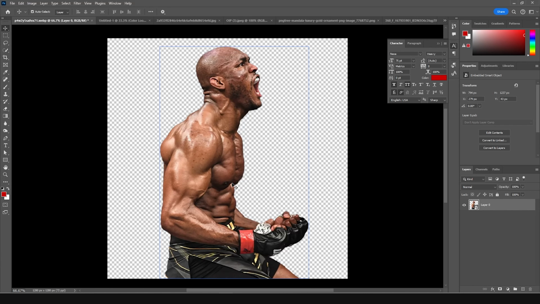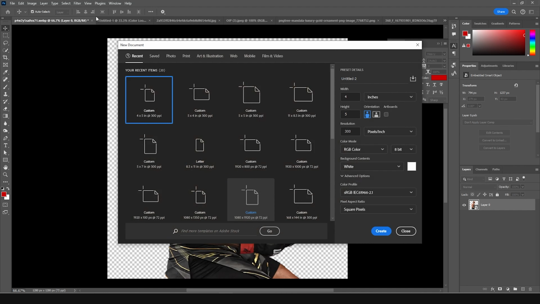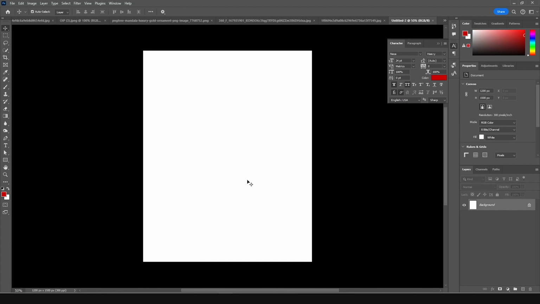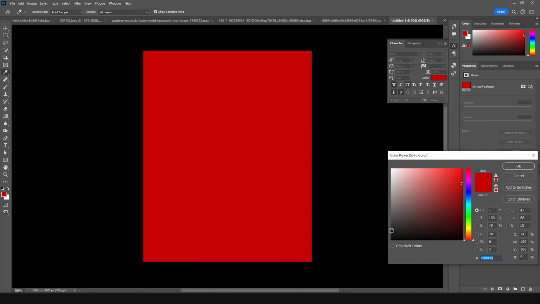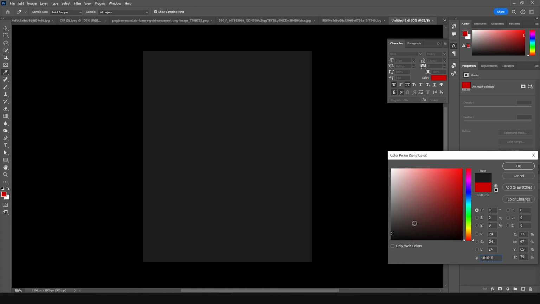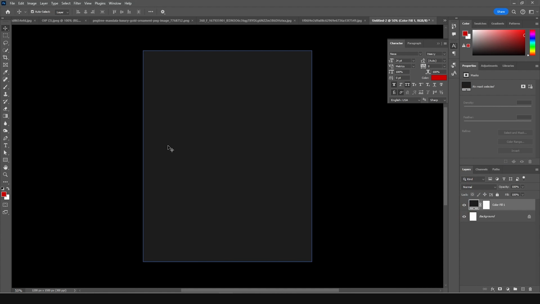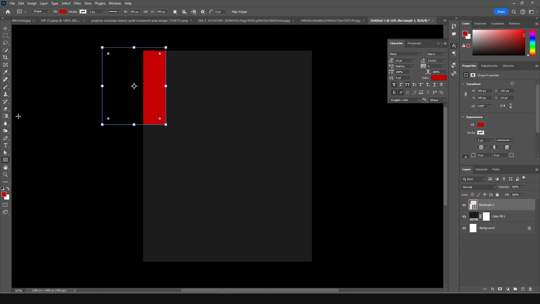So here we are in Photoshop, and the very first thing, let's create an artboard, and for that press Ctrl and N, and I'm going for 4:5, resolution to 300, color mode to RGB, bit depth to 8, and let's keep everything as default. And let's click on create, and then right after that let's add a background color. So I'll just give a solid darker color, and then let's add a few shapes. So let's go over here, let's add a rectangle, and then let's click on that arrow, let's make it a kind of,